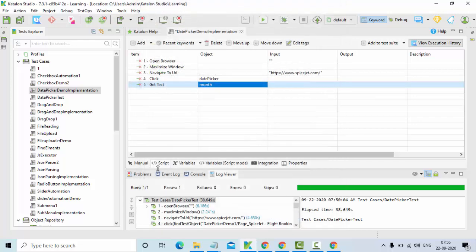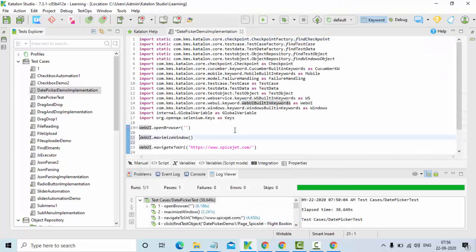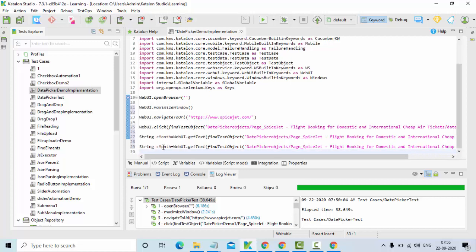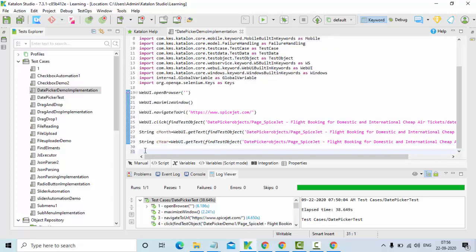Okay, this is my get text. So here what I'll do is string, let me keep it as current month. So current month is this. In a similar way I'll try to get the current year, current year as this. Then I'll print it on the console so that we'll be confident these objects came properly.